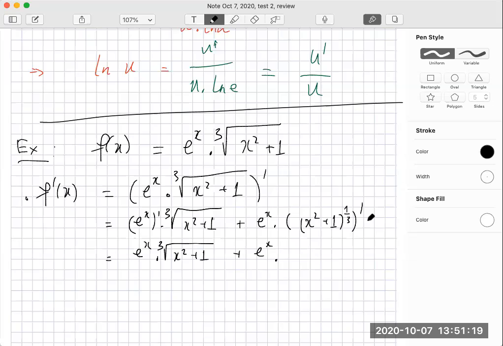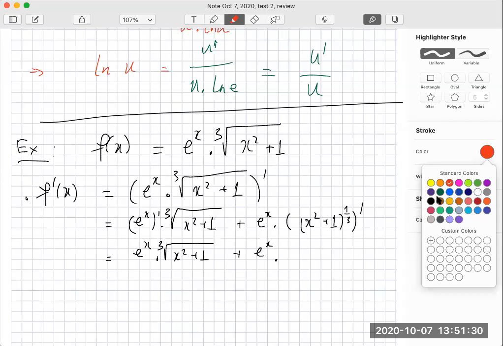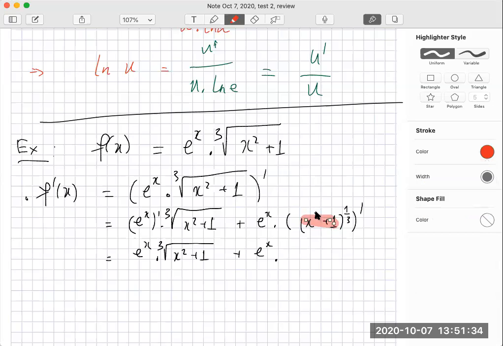Louder, please. Or just say the result out loud. Okay, chain rule. This is u, where u is x squared plus 1, right? U to the 1/3, a number. Therefore, it will be